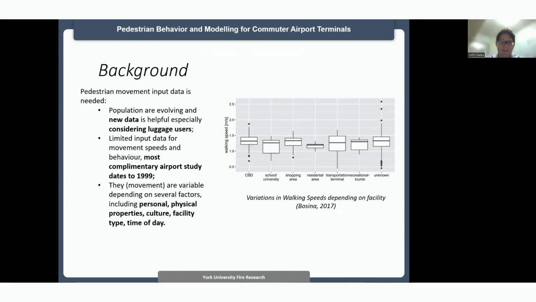One of the key things that I do need to stress, and what many studies have shown, is the environment does have significant influence on movement behaviors, and this can be culture, facility type, and even the time of the day. As I'll discuss briefly, you have off-peak or on-peak influences, and airports are very subjected to culture specifically. So one thing to really highlight is the results that we're talking about today are for a North American commuter airport. You would need extensive further study of different airports to look whether the results can be generally applied to a different environment.